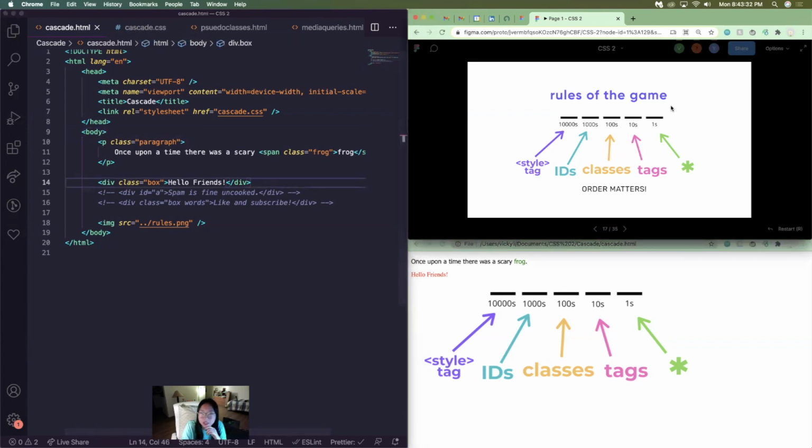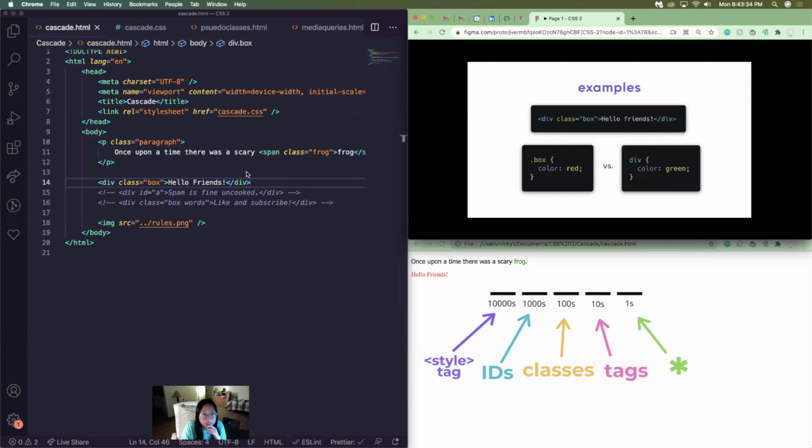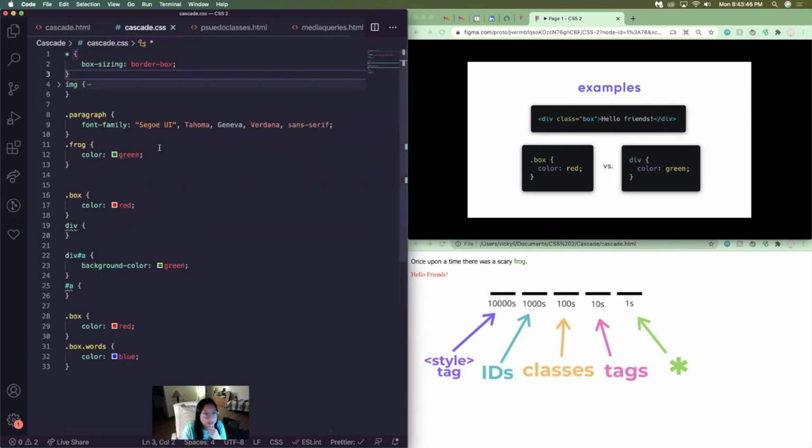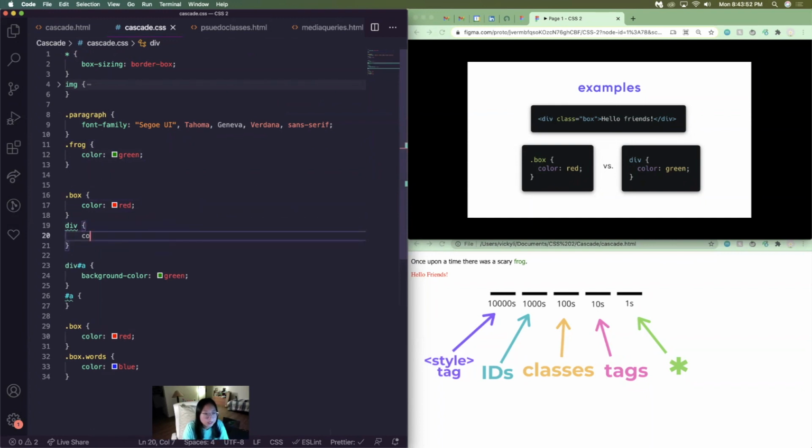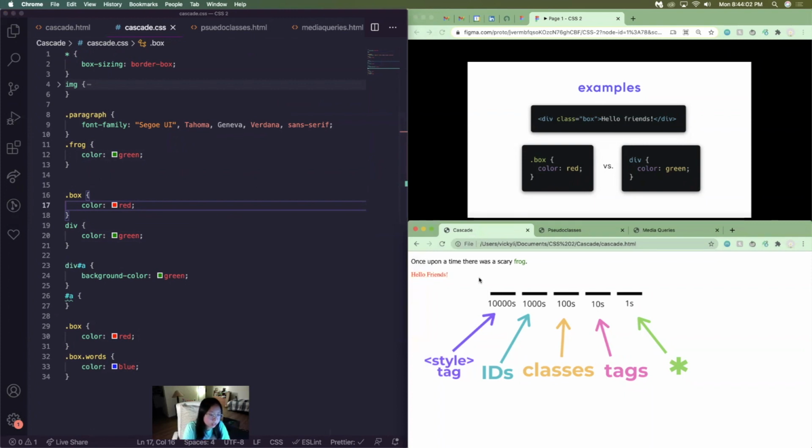We have this box here that says hello friends, and we have two ways that we can select it, right? We could either select it by its class name, which is box, or by its tag type, which is div. So in this example, we have box and div here. Let's see, if I gave this color green, what do you guys think would happen? Would this be red or would it be green? Feel free to drop it in the chat. This one's not super complicated, but